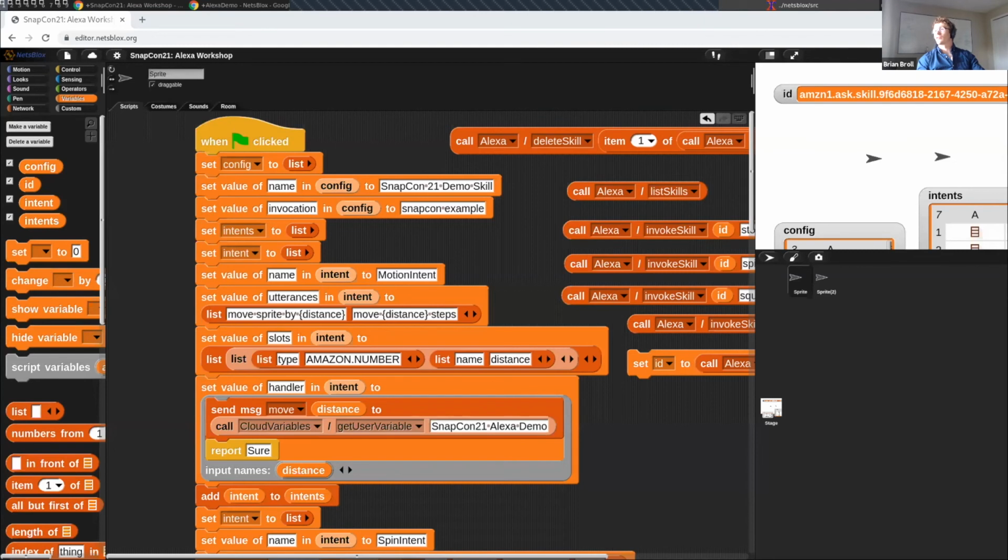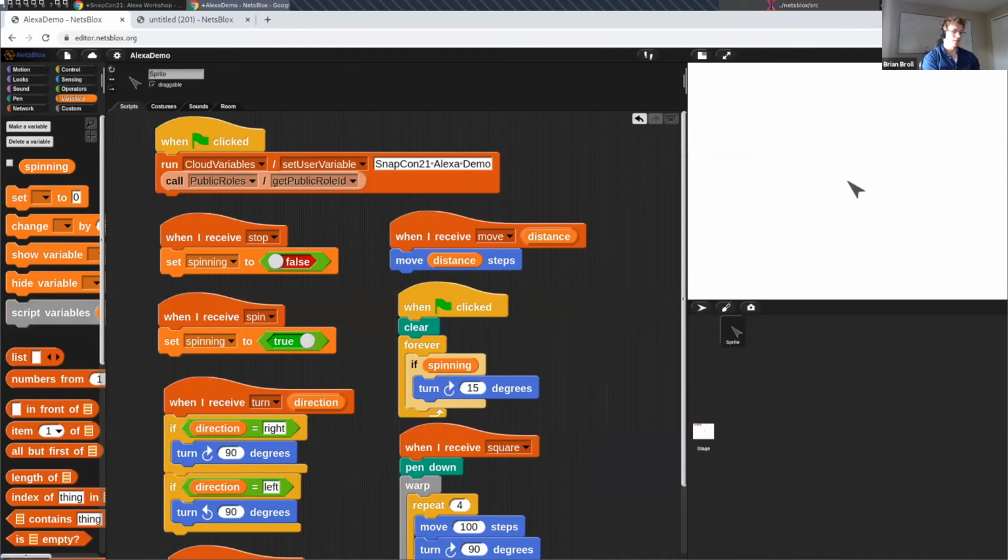So we can build these kind of simple Alexa skills, but this is actually just like the tip of the iceberg, because when you start combining this with these other features, message passing and the many other RPCs that are available, you can do much more sophisticated things like send messages to another NetsBlox program. Tell SnapCon example to spin. No problem.